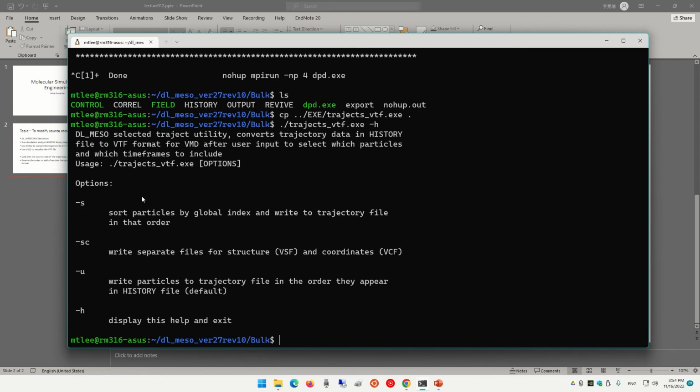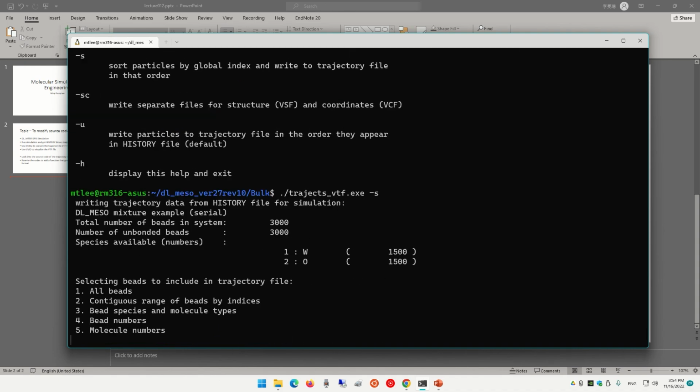We're going to use -s to be more powerful: you can select certain particles to output, and also sort these particles in the right order. So we just need -s, and you see you have two types of beads. Then you choose which bead species you want to output.